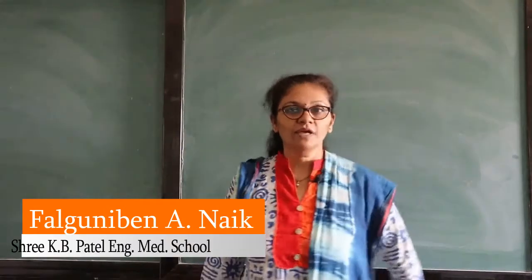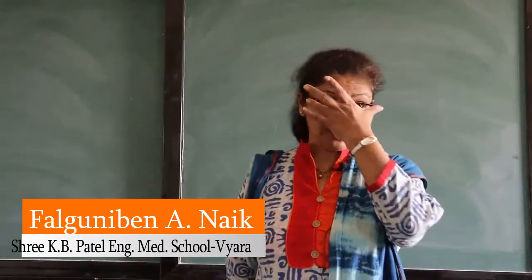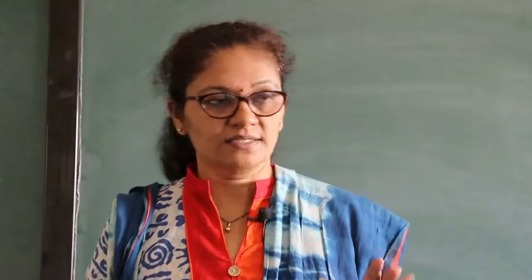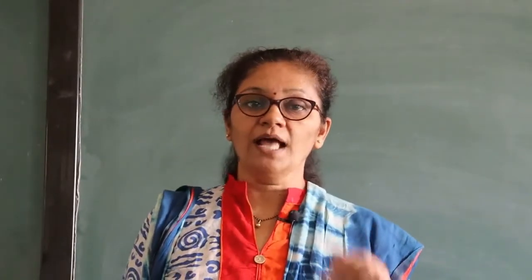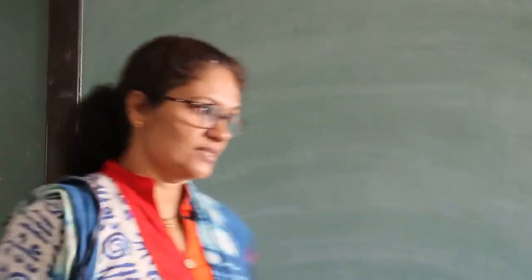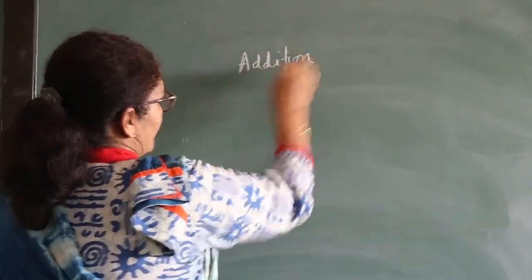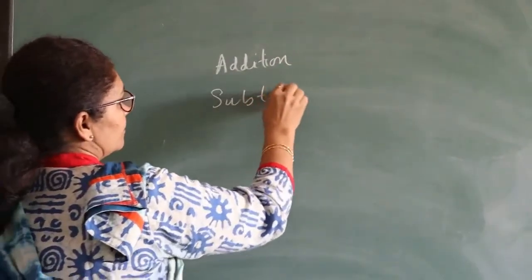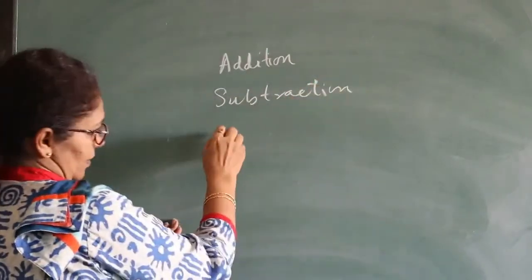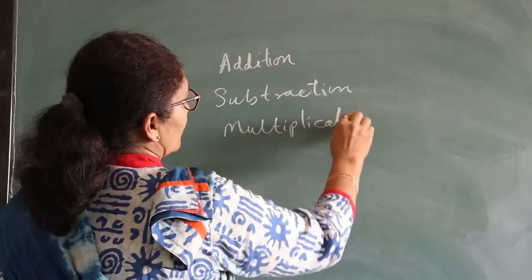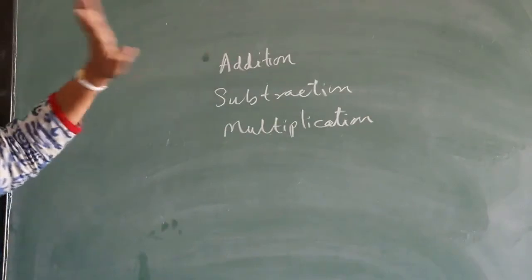Hello everyone. We have already discussed what a matrix is, the types of matrices, how to create a matrix, and how to find the order, elements, and all these things. Today we will discuss algebraic operations of matrices. First we have to learn addition of two matrices, then subtraction, then multiplication. So first today we start with addition of two matrices.